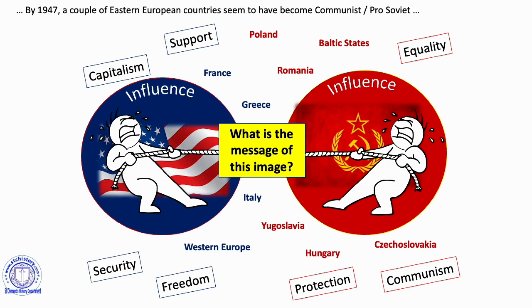They're the kind of main words framing both sides' views of this post-war world. We can see France, Greece, Italy, and Western Europe obviously more naturally ally to the West, and then you've got the Eastern European countries. So both sides are essentially trying to win all these countries' support for their side, which is essentially a little bit what is being implied or said by Winston Churchill in his Iron Curtain speech. So that's what the image or message is trying to portray.